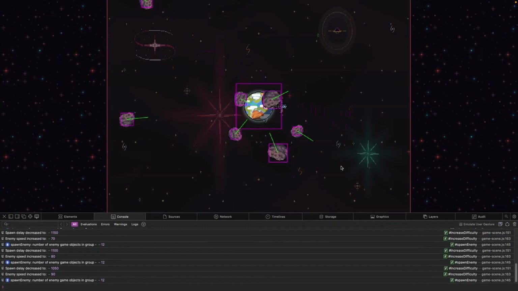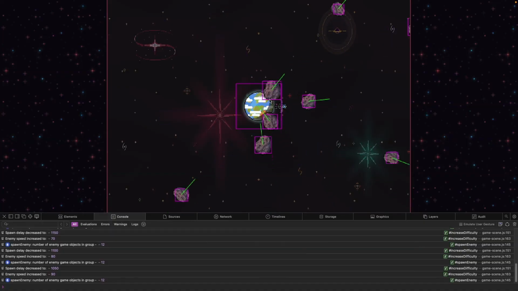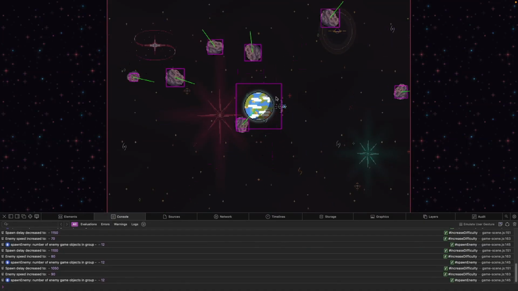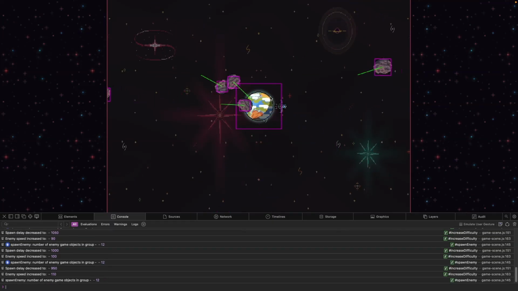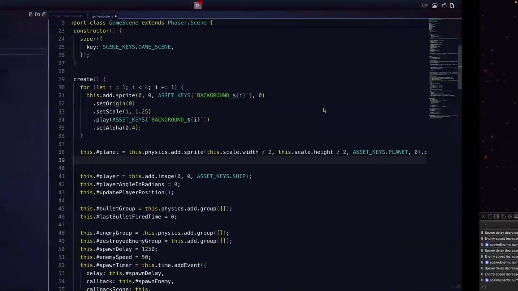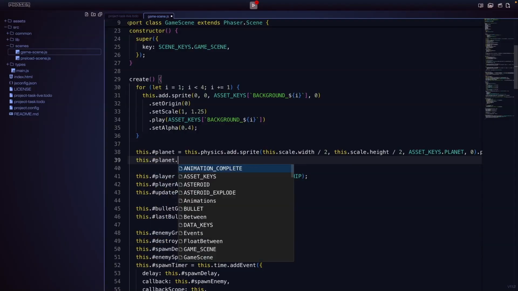our planet. So currently our physics body is quite a bit larger than our planet, and we would prefer for this to be a circle shape instead of a square. Our Phaser arcade physics system supports using a circular body. To make that change, we'll come back to our code. First, we need to reference our physics body on our planet, so we'll do this.planet, and then we'll reference our